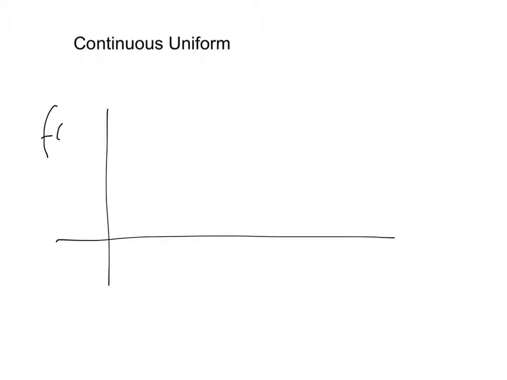Okay, here we're going to look at the continuous uniform distribution. This is where it's sometimes called the rectangular distribution because of the way it looks on the graph. If we look at a frequency function where we have f of x here, it looks like this. Completely flat between a and b. And the function can be written f of x,